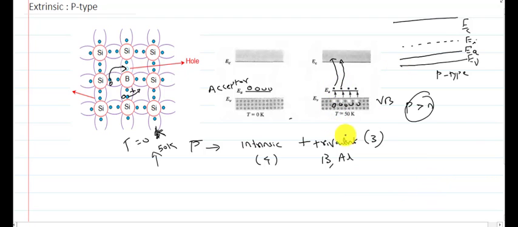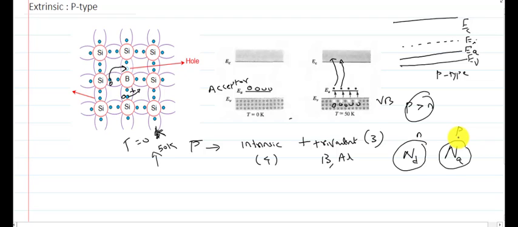And one more thing, the donor impurities that we use for N-type semiconductors are represented by Nd, and the acceptor impurities are represented by Na. So Nd is used in N-type and Na is used in p-type. Examples for Nd are phosphorus, arsenic, antimony. Examples for Na are boron, aluminium, gallium, etc. So these are the different classifications of semiconductors.